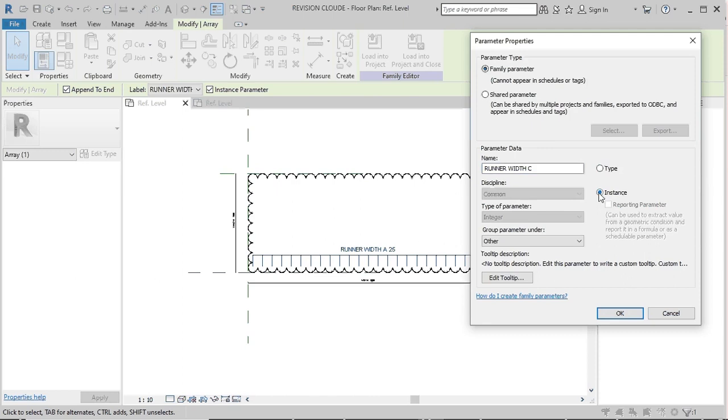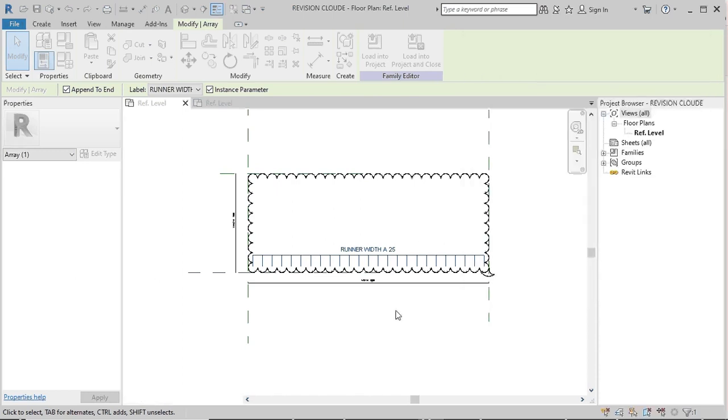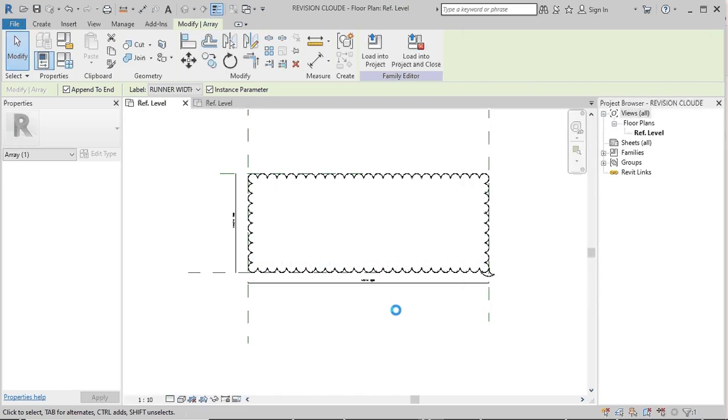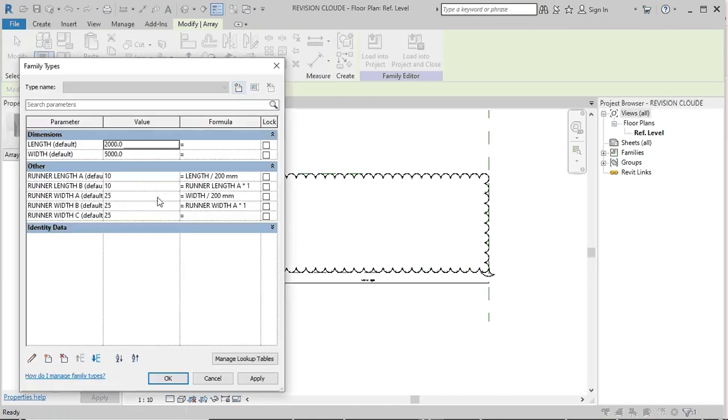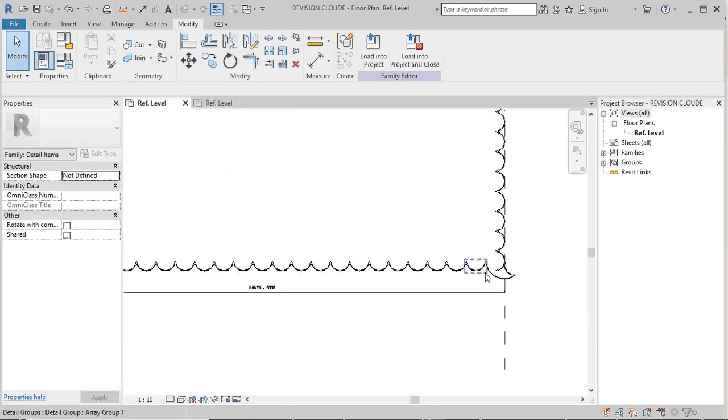That's why I rename it also. Runner A is there, and runner width C is also there. I copy runner A and put runner C minus 1. Automatically one arc is gone. See the revision cloud arrow mark, one arc is minus.